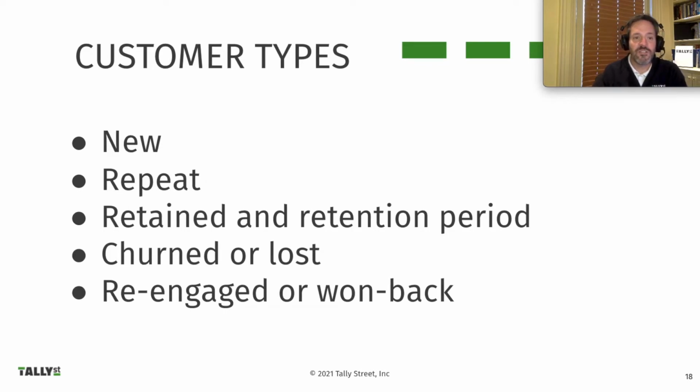So just to quickly review the customer types, the basic ones we have are new customers. Again, the customers are only new in the period in which they first made a purchase. A repeat customer is any customer who buys a second time, a third time, or any multiple of times. Retained customers are those who buy repeatedly within a retention period that's defined or set by the business. And the opposite of that is a churn customer, or one who is lost or does not buy again during a retention period. And then lastly are those who are re-engaged, reacquired, or won back. It's those customers who were churned and were lost, but later came back and bought the product or service another time.